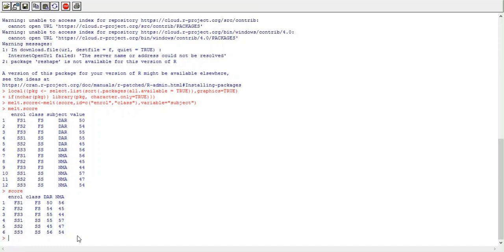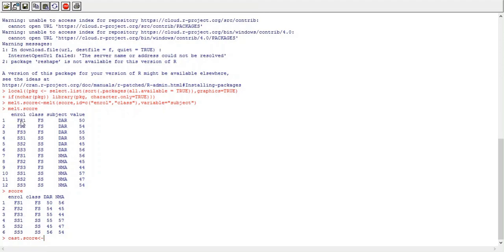We have already installed the reshape package, so we can directly use the cast function. There is no need to install that package again. So here I am creating another data frame called cast.score. Score is our original data frame, so we'll keep that as it is.